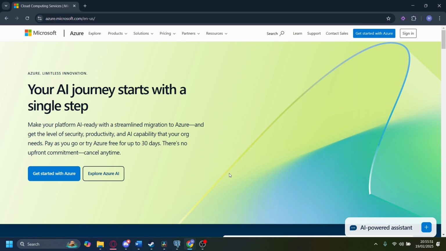I'll show you the quick and easy way how you can get free RDP on Windows 10. We're going to be using a service called Microsoft Azure. Now you can sign up to Microsoft Azure by going on this link here or just typing in Azure on